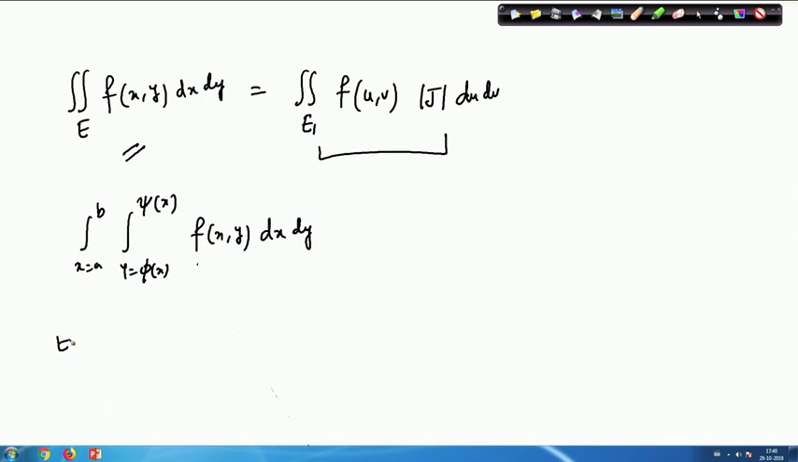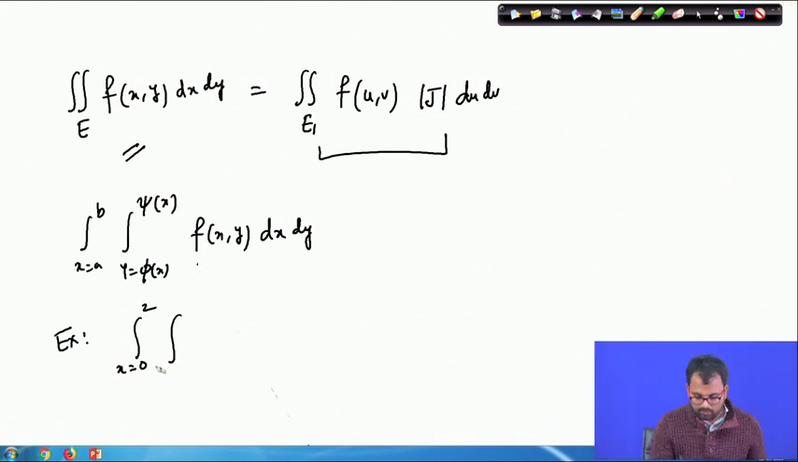One such example could be, let's say we have this integral: y is running from 0 to 2, and x is running from y to 2, e to the power x square dx dy. So now for this integral, the integrand is not so common, because in order to integrate this,